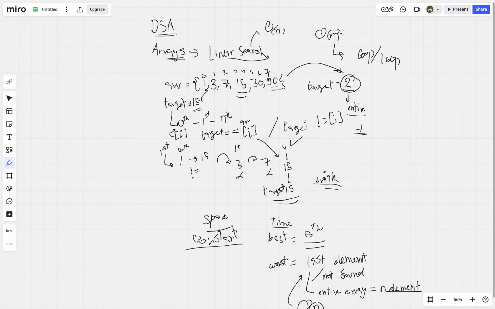There are multiple other searches as well. For example, binary search and other cases where the time complexity is even halved, where logarithmic time complexity is found. So we will come across those cases as well. But it's a good thing to know that for binary search, the